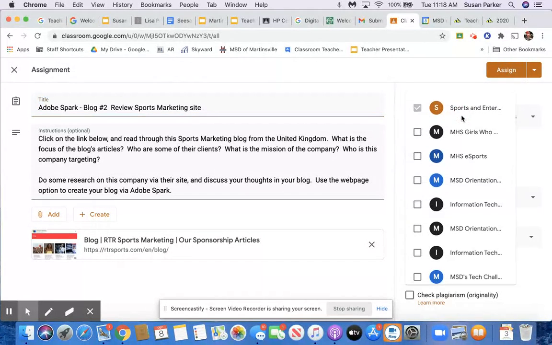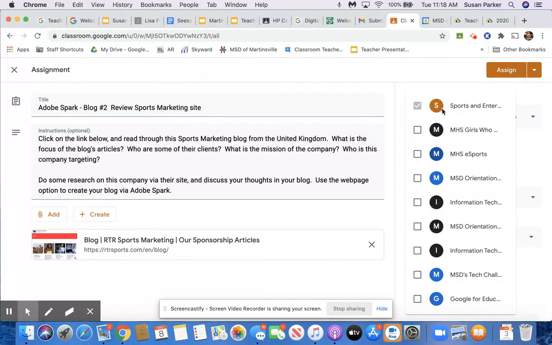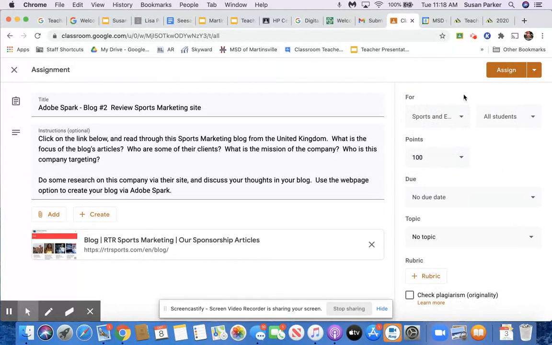So I can click on this down arrow and you can see the sports and entertainment marketing is checked. But if there are other classes that get this same assignment, I can check all those other classes as well. It's going to all students, but it doesn't have to go to all students. It can just go to one or two students if necessary. I'm going to go ahead and change the points